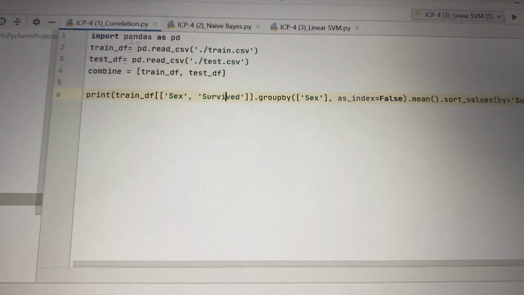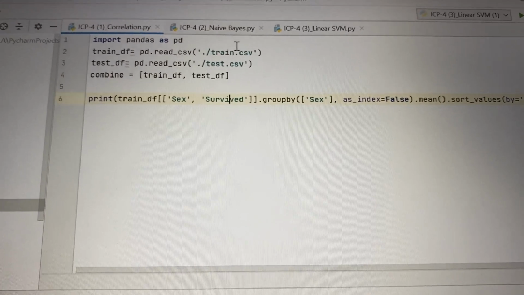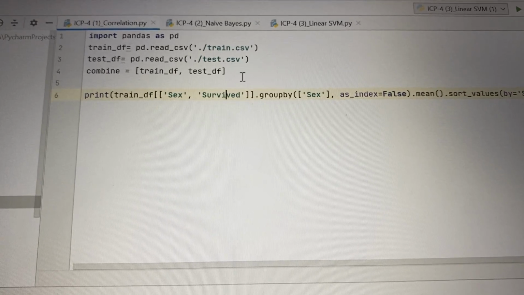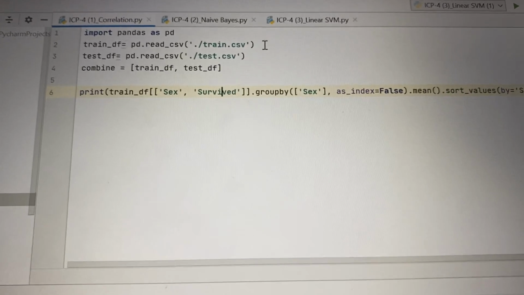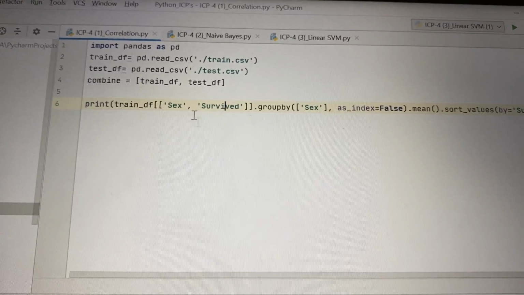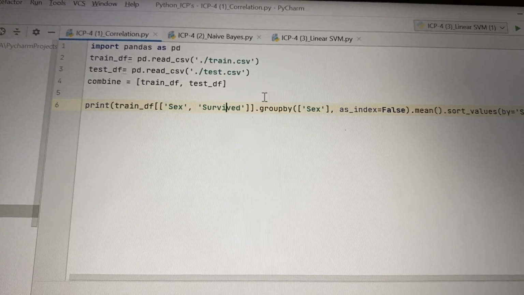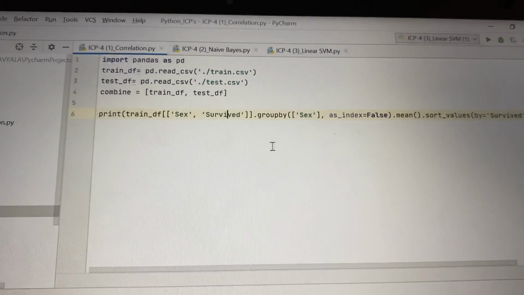So here first we are importing that, and we have taken the data from train.csv and test.csv. This is the data set which we are trying to manipulate. Here we are using the correlation between the two columns, that is survived and sex.